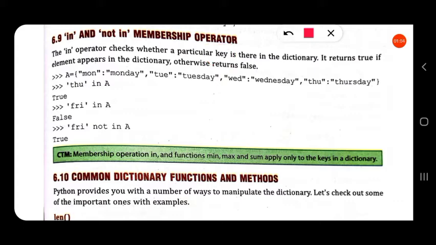So we have a dictionary A containing keys: MON is the key, value Monday; TUE is the key, value Tuesday; WED is the key, Wednesday is the value; THU is the key, Thursday is the value.